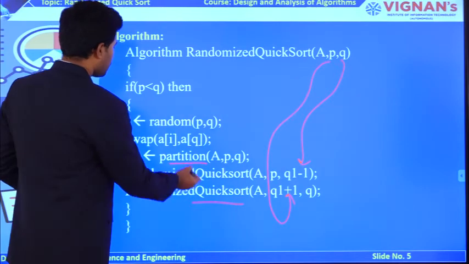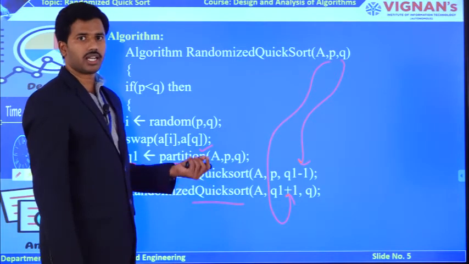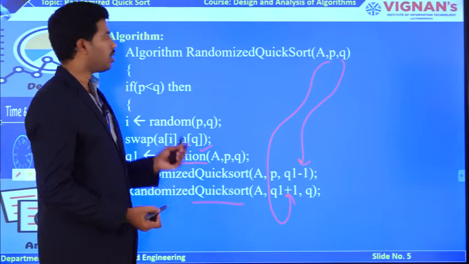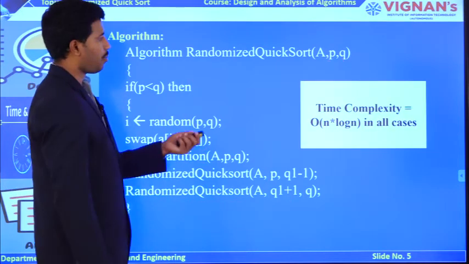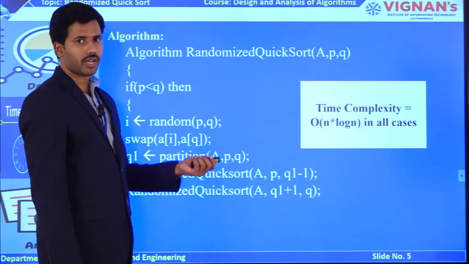Okay, so I am not discussing the partition as well as quicksort algorithm. Why? Because we have learned and seen these algorithms in the divide and conquer technique. The same algorithms you need to write in your exam. So in extension to this algorithm, the main time complexity of randomized quicksort for all the cases is big O of n log n.